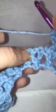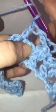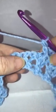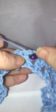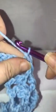And we're going to find the top of that double crochet. Do our double crochet, chain 1, yarn over, and come to the top of this other one. And do your double crochet. And I'm going to go ahead and show you all the way to the end of this row. So yarn over. Here's our next double crochet. I'm going to go into the top of that stitch, chain 1,